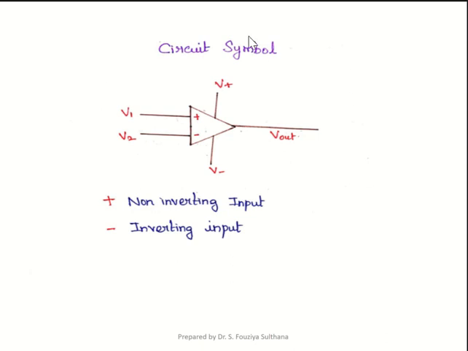This is the circuit symbol of op-amp. Op-amp is a 5-terminal device: 2 input, 1 output and 2 power supply terminals. One of the inputs is called the non-inverting input, marked with a plus sign, and the other input is called the inverting input, marked with a minus sign. V plus and V minus are the biasing potentials of the op-amp. It may vary from plus or minus 5 volt to plus or minus 22 volt based on the type of IC. So the output terminal can sink and source voltage or current.